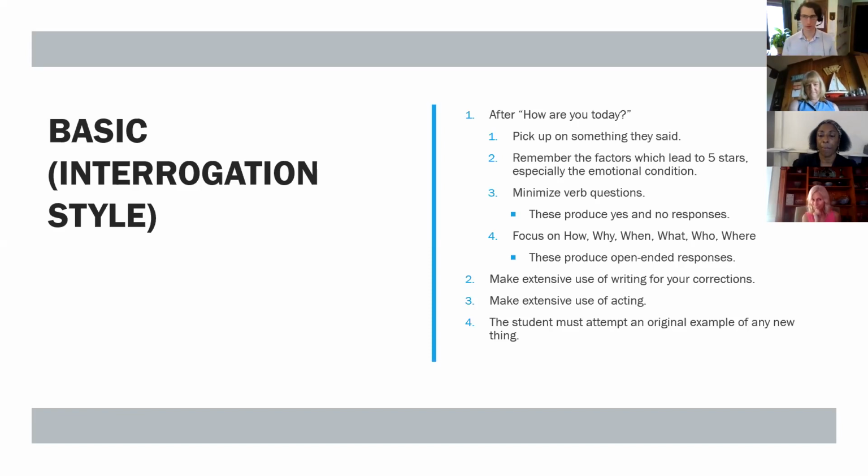Pick up on something that they said and keep in mind the factors which lead to 5 stars: grace, listening attentively, improving the emotional condition, and also, I know them because I wrote them, correction, so the quality and frequency of correction. So if you keep those in mind, I don't think you'll make a mistake, but especially remember the emotional condition. And when you pick up on something that they said,